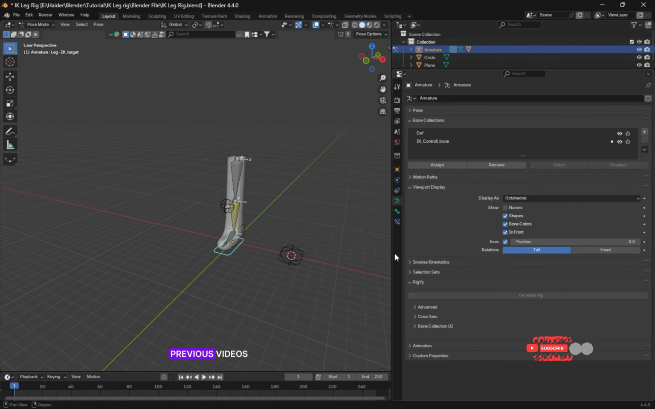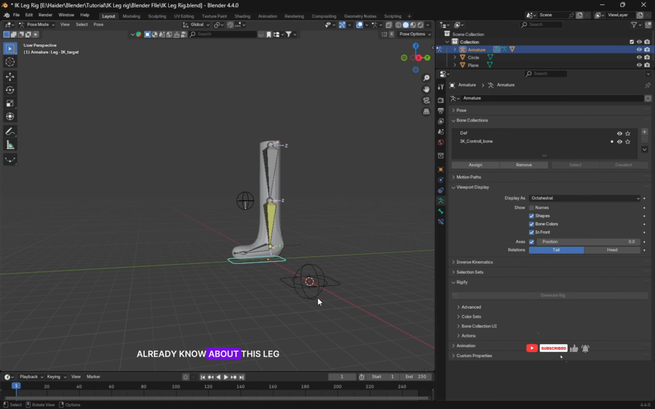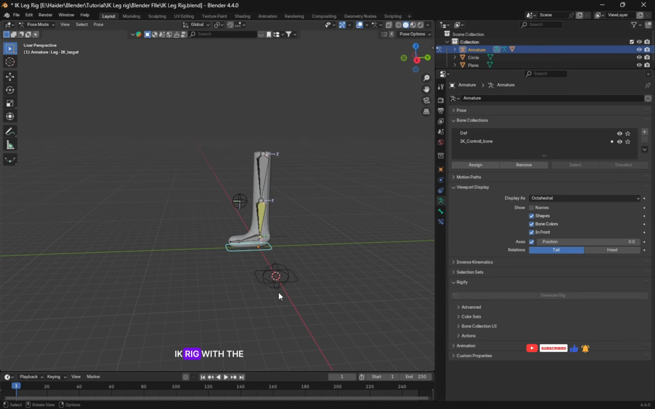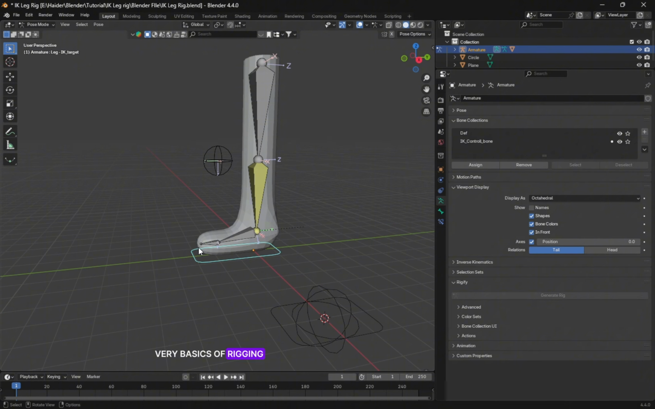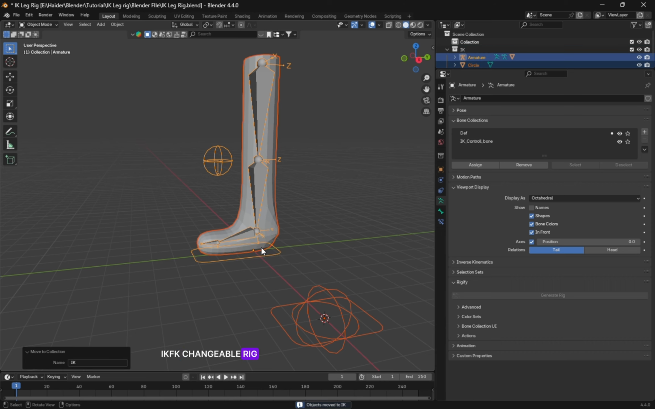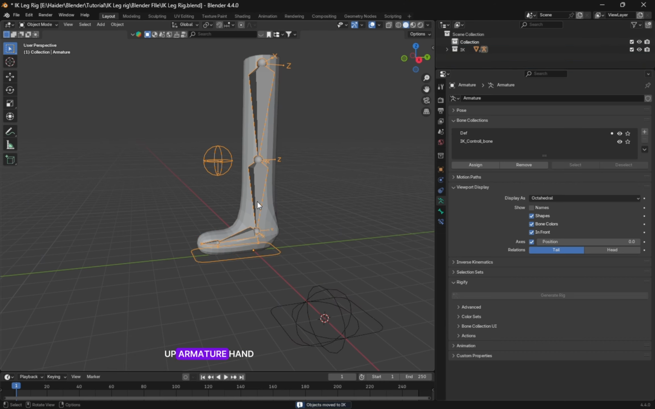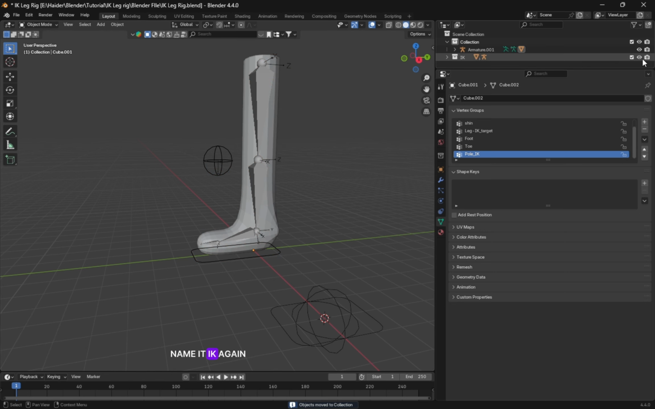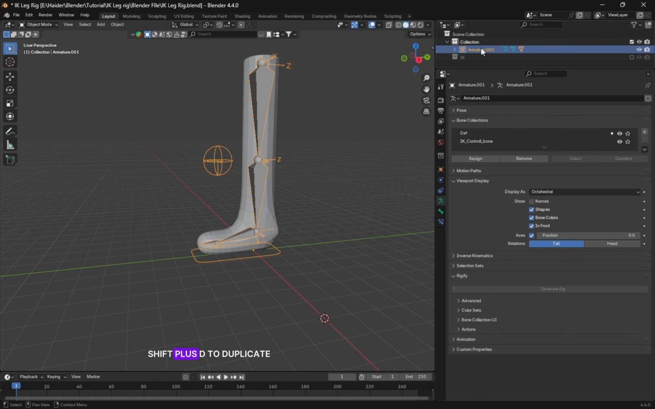Those who watched my previous videos already know about this leg. In this leg, I added a simple IK rig with the very basics of rigging. I created the collections. Now, for the production-ready IK-FK changeable rig, select all this setup, armature and leg, and move it to the new collection. Name it IK. Again, select these and press Shift+D to duplicate. Move the duplicate to a collection and rename the armature